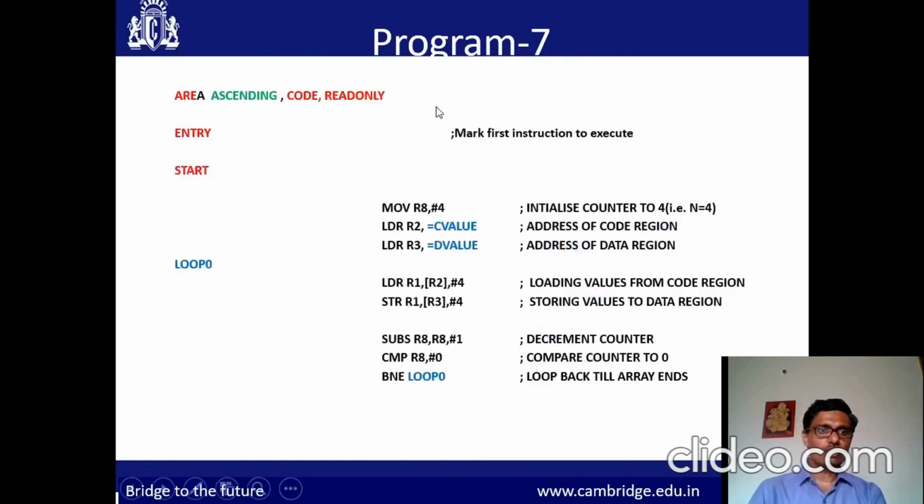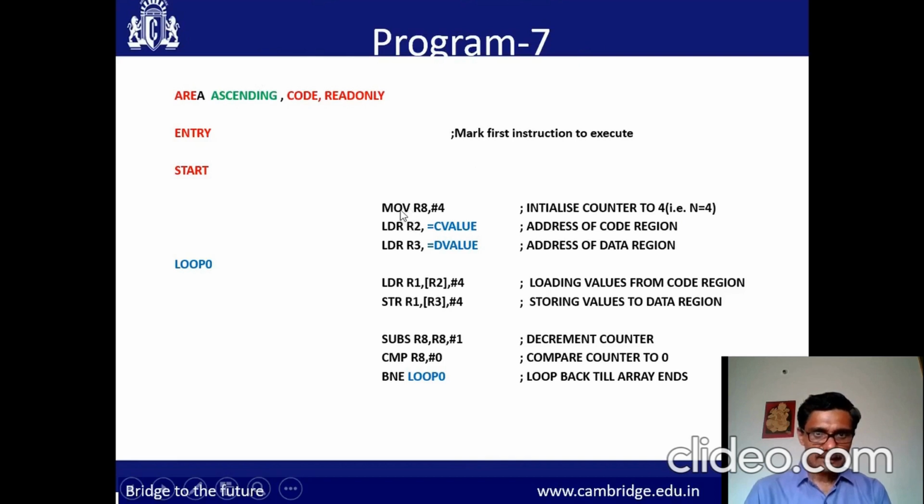This is the code I am using here. These are all assembler directives which are written in red. Area, code, read only, entry, start. This is the read only part. Ascending is the name of the program which is given.